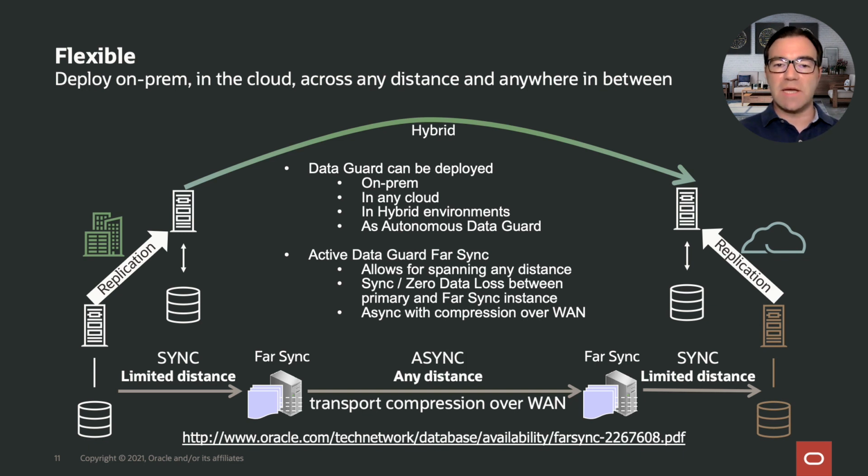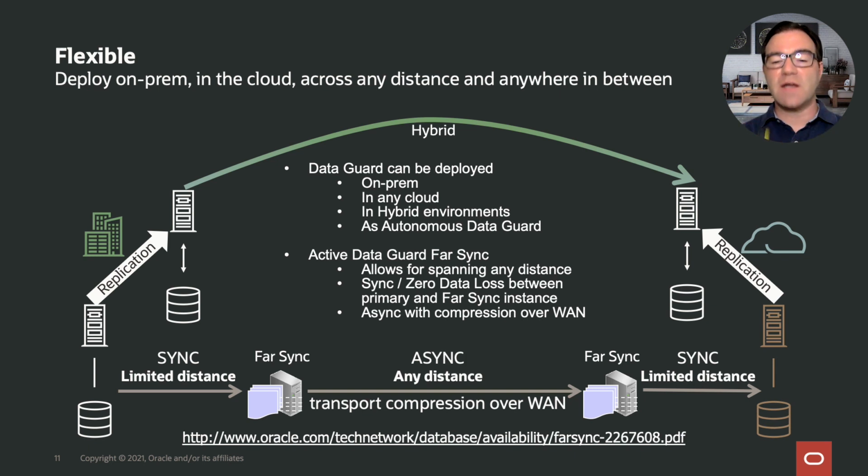Now, if your primary database data center is a little bit further away from the cloud data centers, what you may want to consider is using Active DataGuard FastSync, so that you can have a synchronous replication of redo information between the primary and the FastSync instance. A FastSync instance is just an instance, it doesn't require a lot of storage, a lot of disks, but it receives the redo information, stores it locally, and then ships it on either to another FastSync or to the destination standby in an asynchronous fashion. You can use compression over the wire if you'd like. That makes it even more efficient.